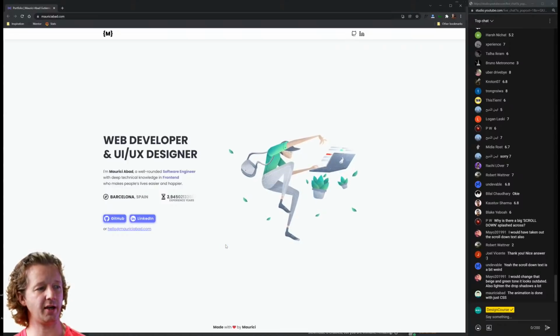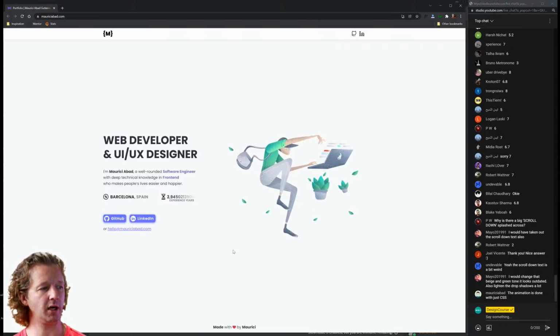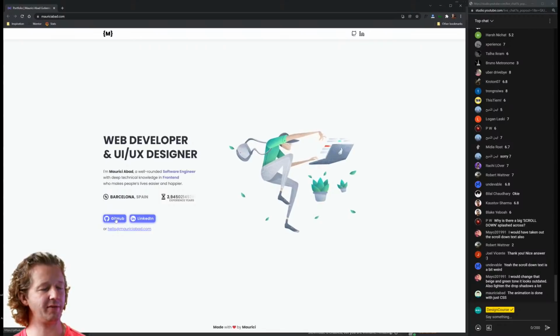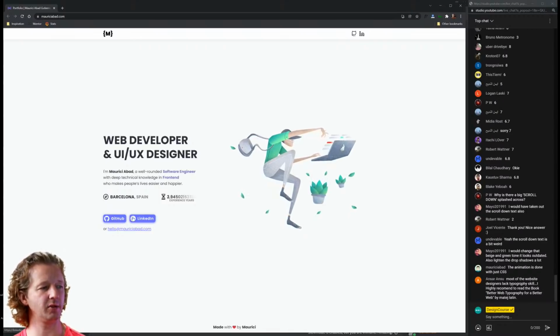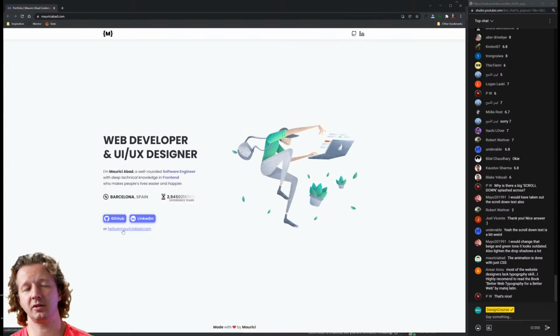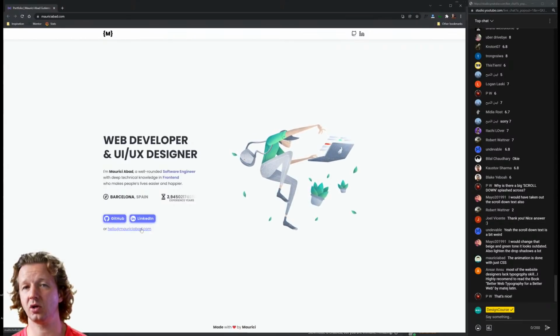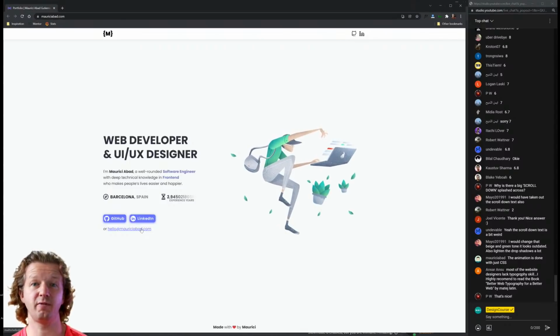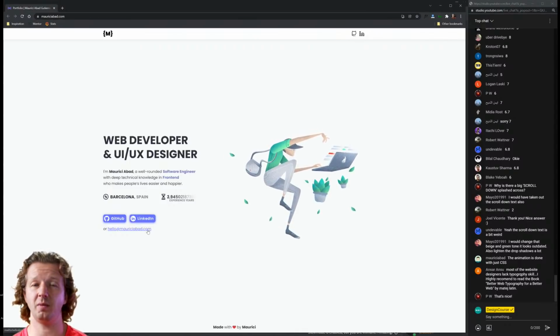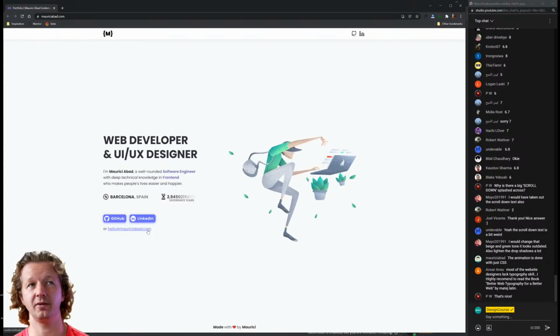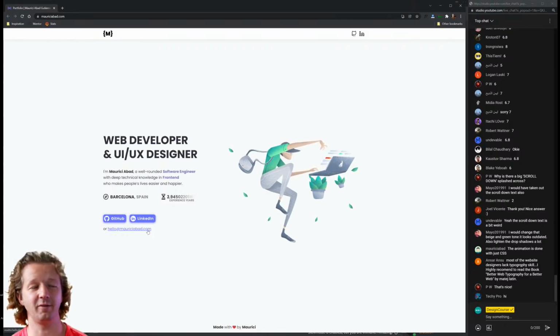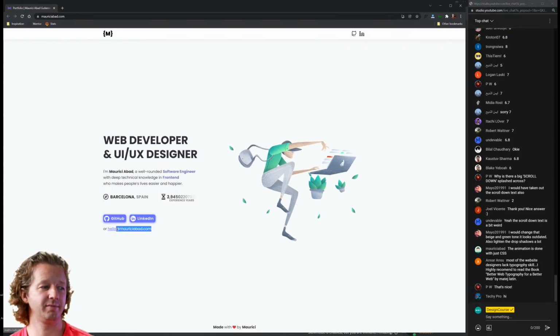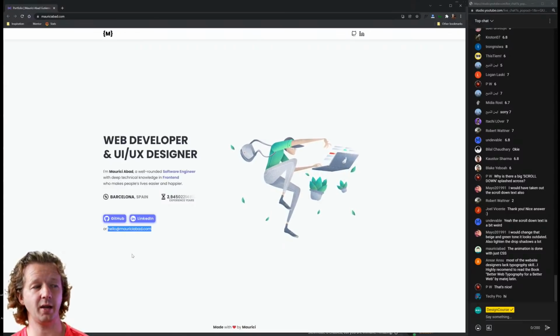So there's no scrolling down. I was expected to be able to scroll down. All we have is a call to action for GitHub, LinkedIn, and here. If you want people to contact you, I've talked about this before, give them an actual page on your website where there's a form, because sometimes people might be on their phone, and like me, I don't really have an email client set up on my phone, so then there's no way for them to immediately contact you.